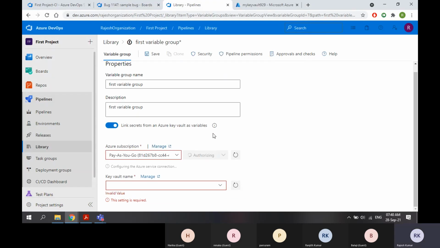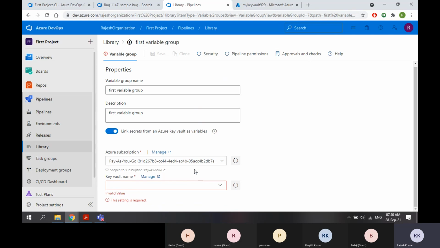Now it is connected. Here you can see authorizing. Once it is connected to Azure, it will automatically bring my Key Vault names. Yeah, see, it brought my Key Vault 929.